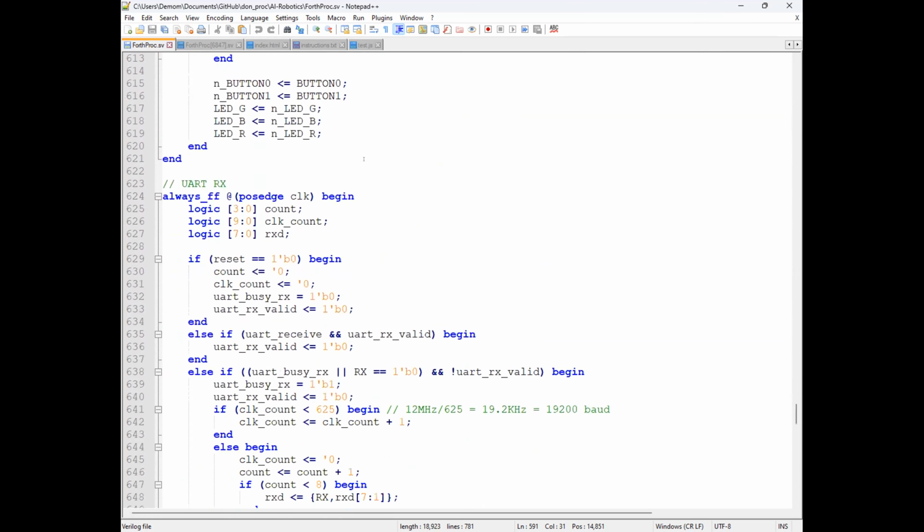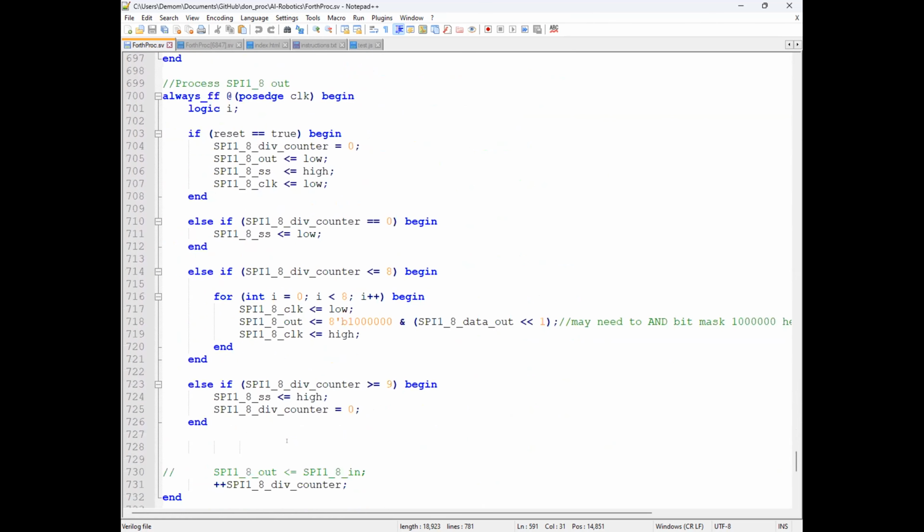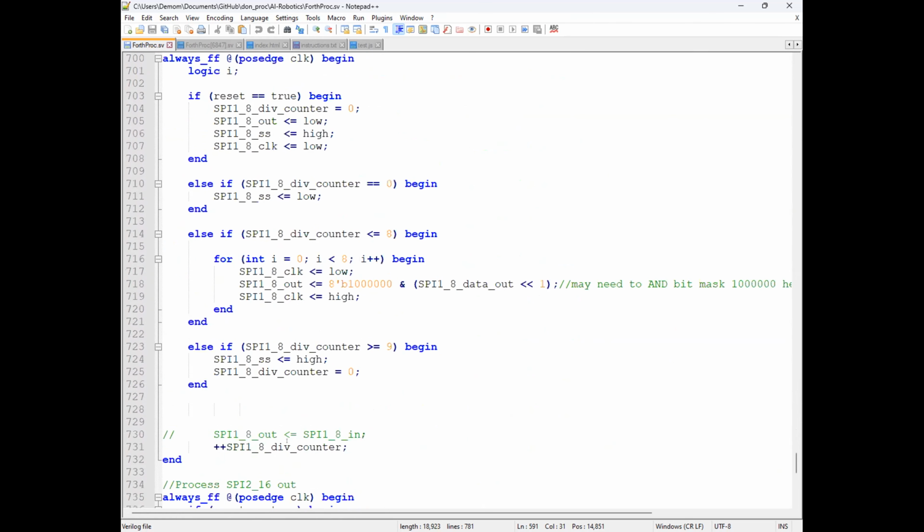I will briefly show you what we have to communicate with the outside world, but I'm not going to explain this. So, UART receiver, I wrote this myself. Transmitter, also did this. And then we have SPI that Don added to communicate with other Core 1s. That is a future thing, really. I've not tried connecting up the Core 1s yet, but